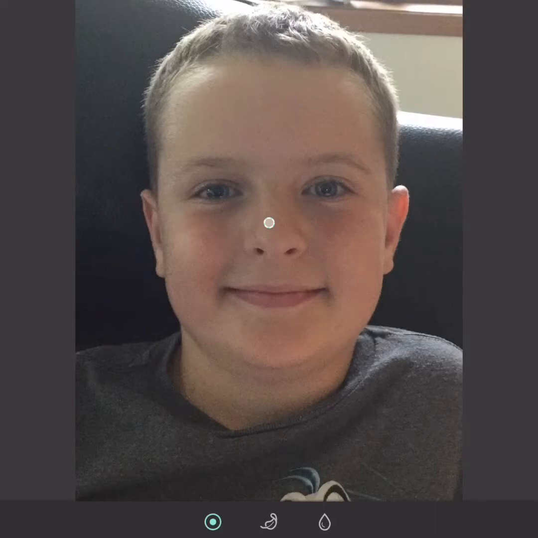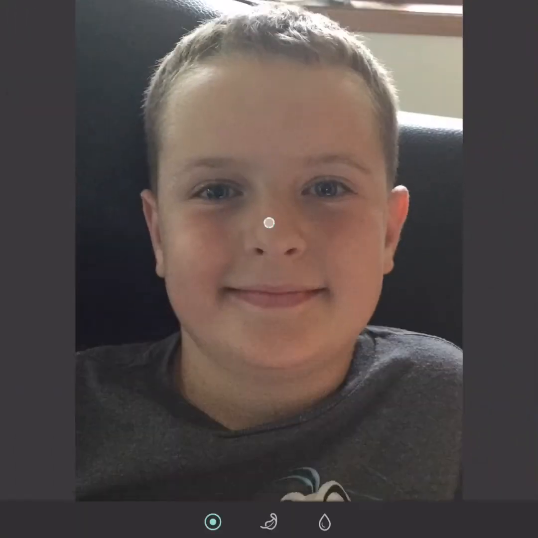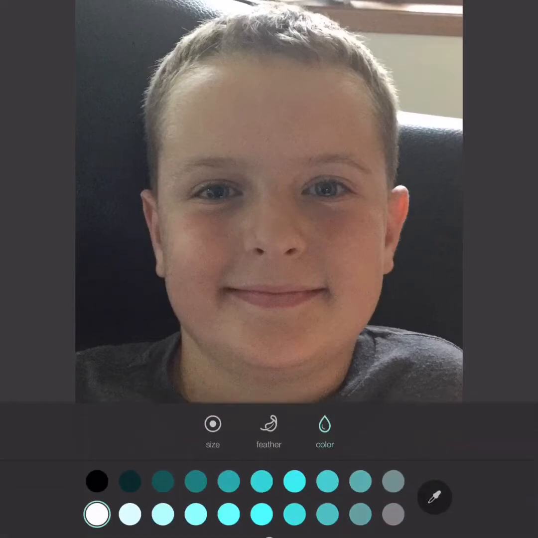You're going to tap on doodle, and you're going to make the size bigger, not too big, because remember you've got to go around your head and your ears and your shoulders, and those are some small areas. And you're going to tap on color to change it to the color you want. I'm going to take my background and make it just white, like I was standing in front of a white screen. Tap the check mark, and then you go back to doodle, white,